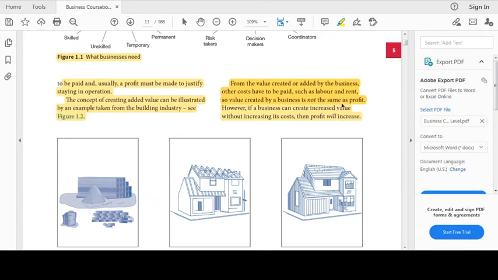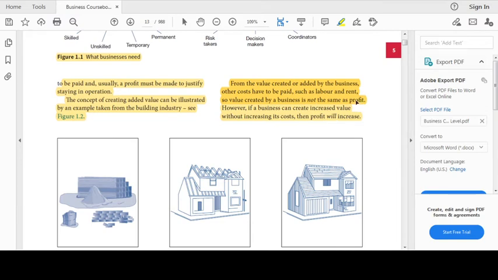Whenever you use the word profit, what does it mean? It means you have subtracted all your costs, and the money that is left is your profit, for you to enjoy. You do not have any liability or cost on your head with the profit. But when you talk about added value, it has all the costs already involved. You just increase the price and sell it because you added the value. So this is the very important point: added value is never the same as profit.